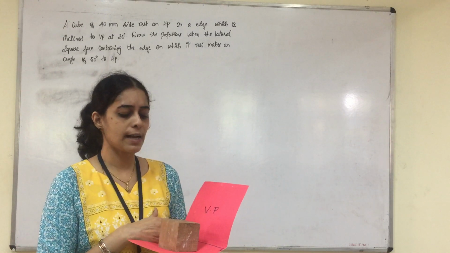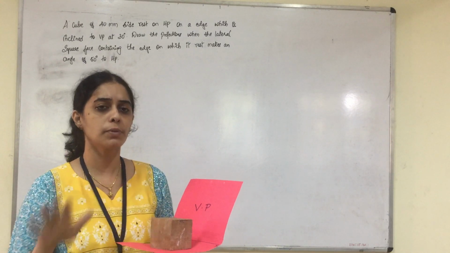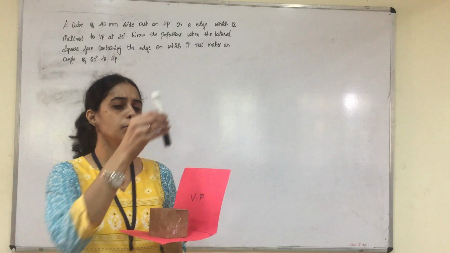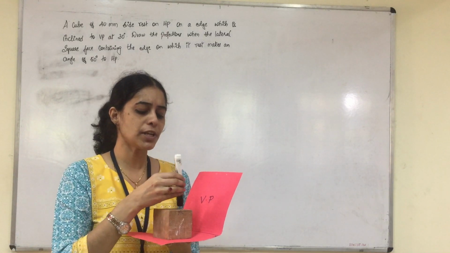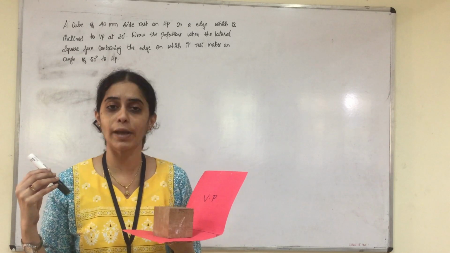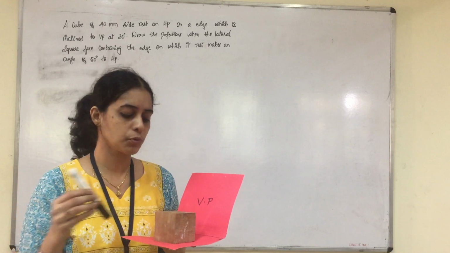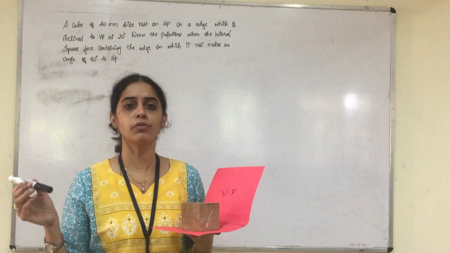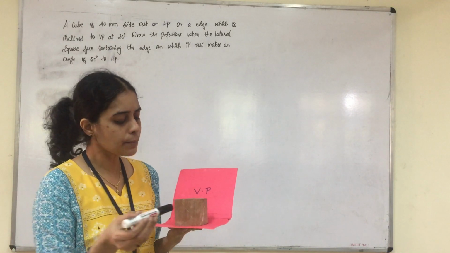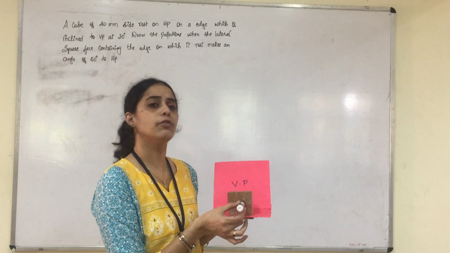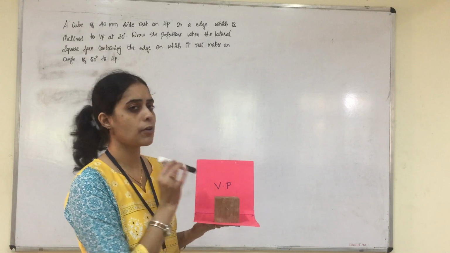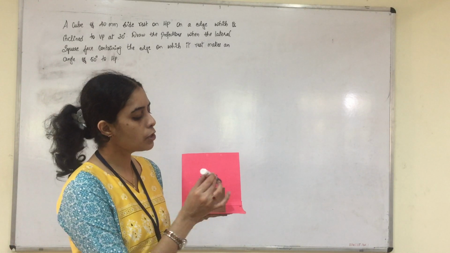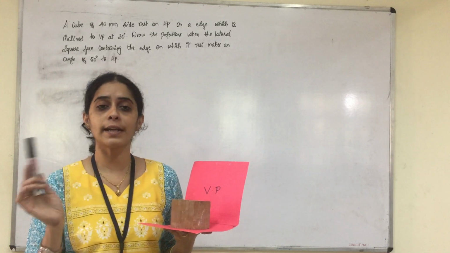So once the position of the cube is placed, now you will view from the top. When you view from the top, you will just see a regular square as our top view. So all sides will be equal to 40 mm. And similarly, then you view from the front view. When you project the front view to our vertical plane, it also looks like a square, not a rectangle.